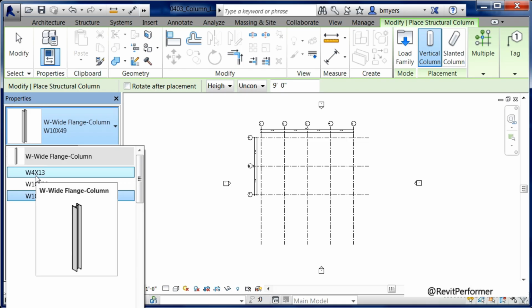And if we would pick it, move over to the drawing area to place it, we would now have a W4x13 column inside of our project. So just remember there's 2 different ways to be able to load your different kinds of families related to columns